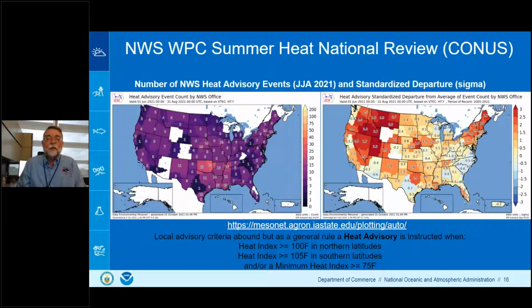And again, no surprise here, you're seeing the same pattern that we saw with respect to the anomalous temperatures during the summer months. So well above normal advisories across the interior West and also parts of the Northeast. So very few parts of the country saw lower than normal events as far as heat advisories. Next slide, we'll look at the heat